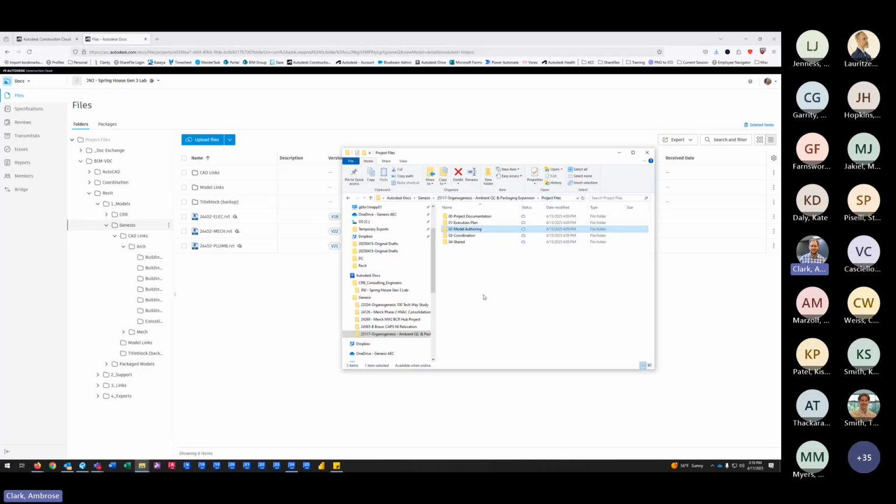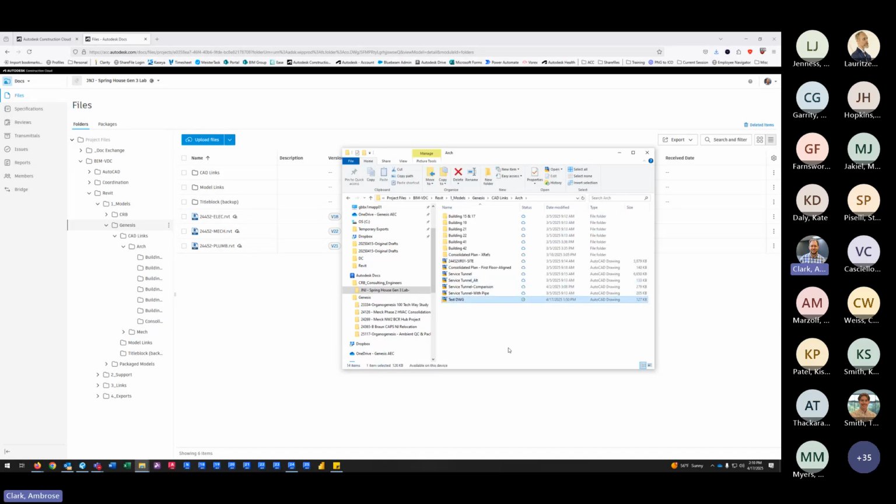I know I've said it before, but these are the same as the cloud. So if you delete anything from here, it will delete it from the cloud too. So just be careful of that. If I deleted this CAD file, it's gone from here. It will warn you. In fact, let me go back and show you that. If I delete this test file that I uploaded,